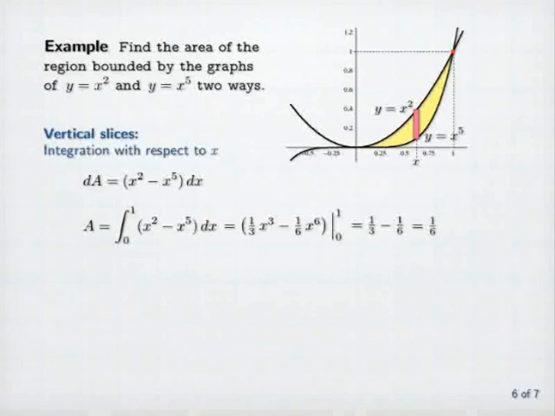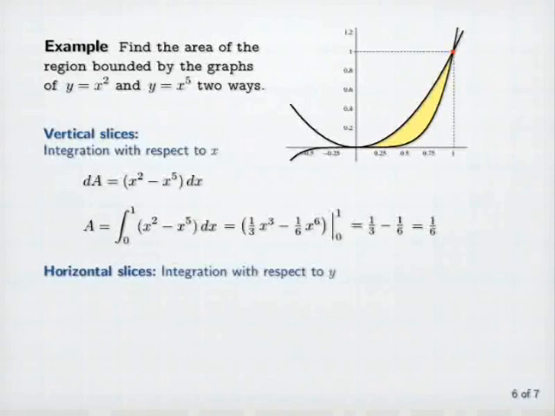Now let's do the computation from the point of view of horizontal slices. That will correspond to integration with respect to y. So suppose we have a horizontal slice located at y. Its length is going to be the x-coordinate on the right minus the x-coordinate on the left, but those have